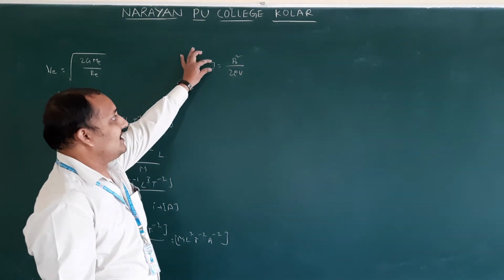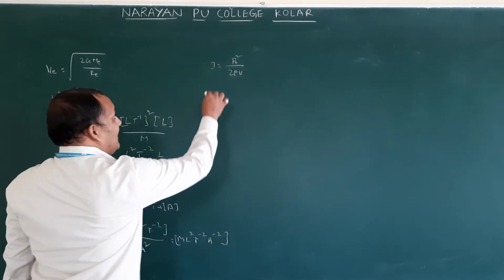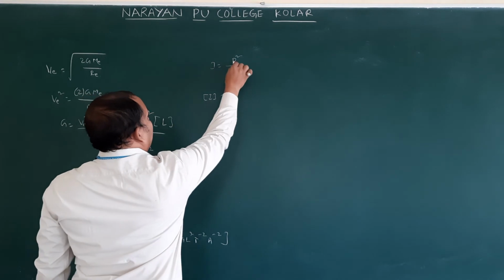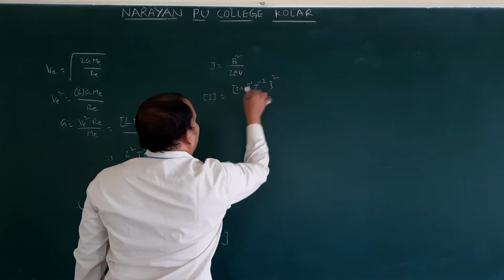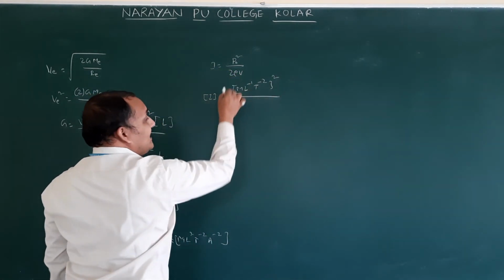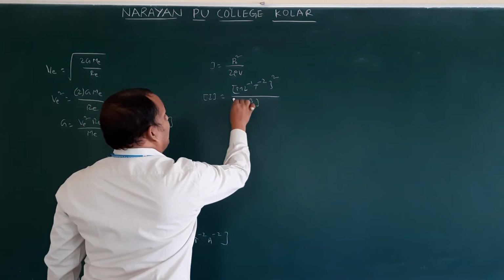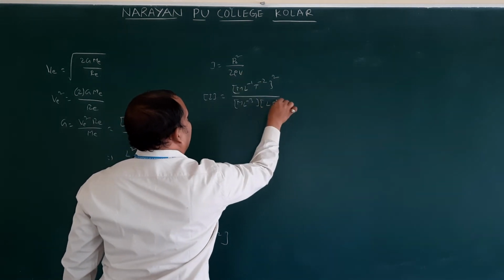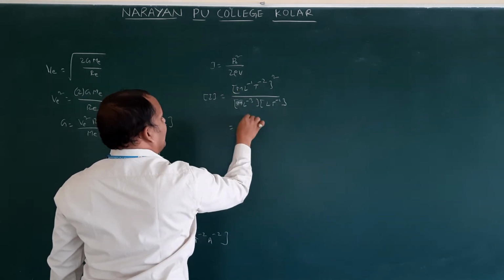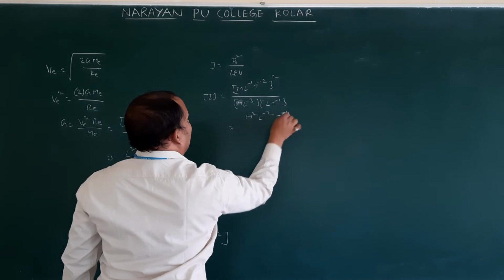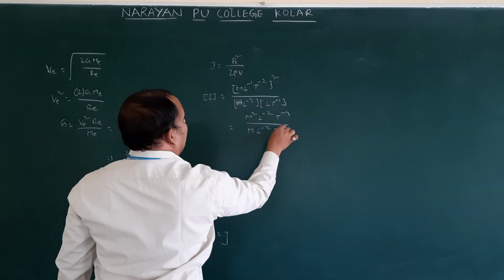So in this, if you want to write the dimensional formula for I, you should know the P naught, rho, V dimensional formulas. So I is equal to P naught, they give pressure, dimension formula M L power minus 1 T power minus 2. 2 is constant, we won't write. Rho means density, they said. Density means mass per unit volume, then L power minus 3. Velocity means L T power minus 1. Okay, this is M square. Expand this one: M square L power minus 2 T power minus 4. So M L power minus 2 T power minus 1.